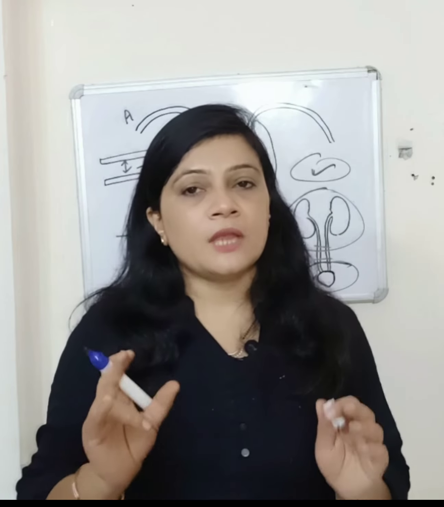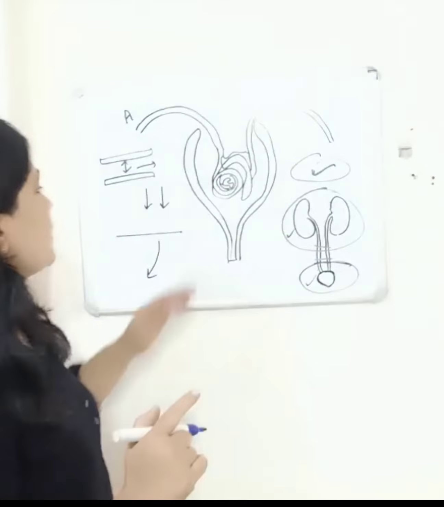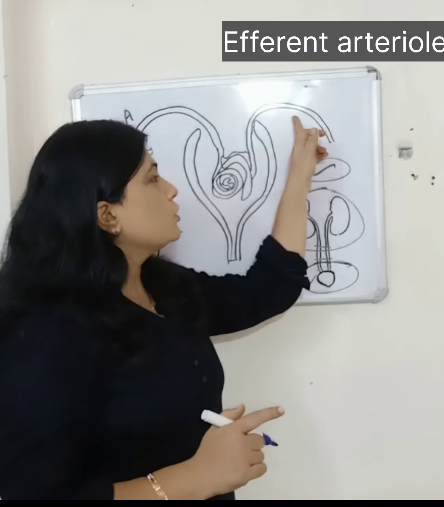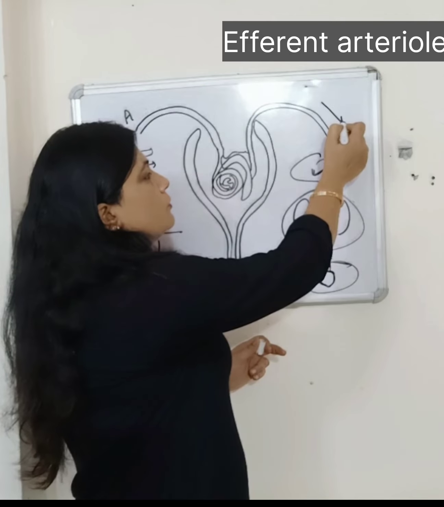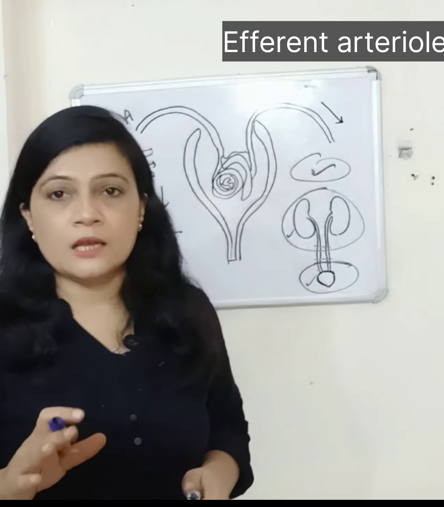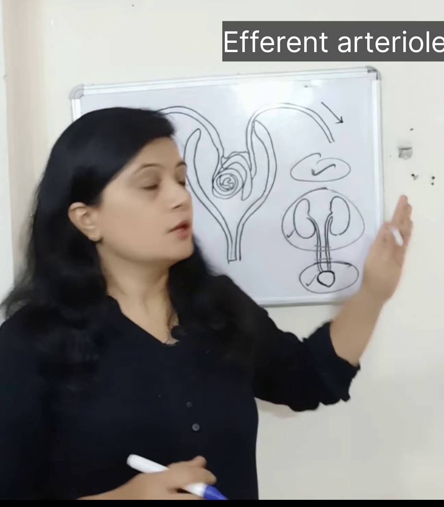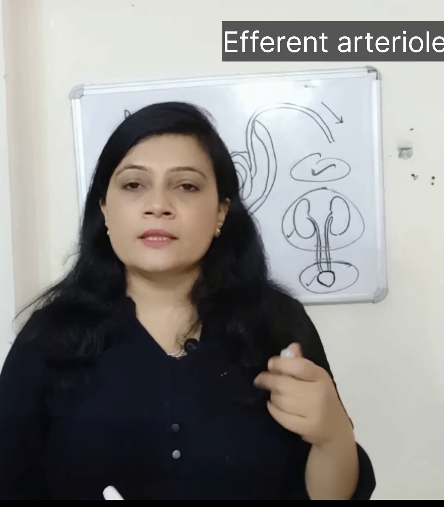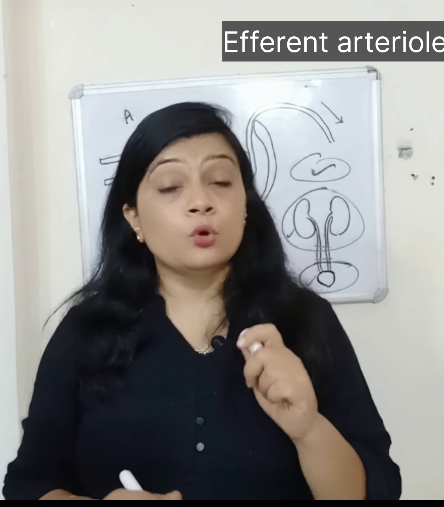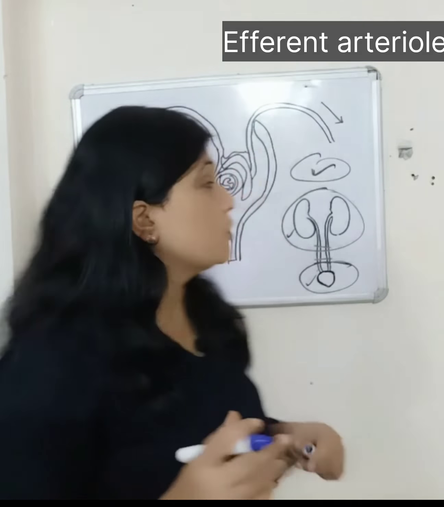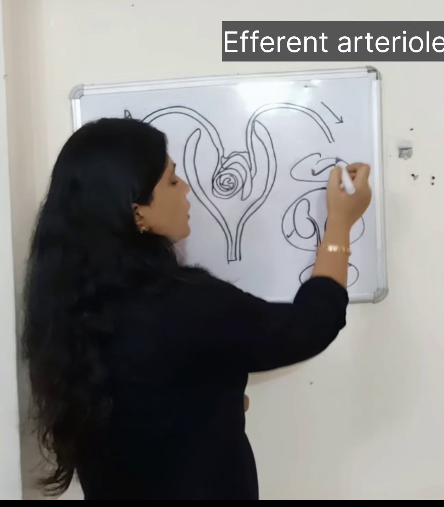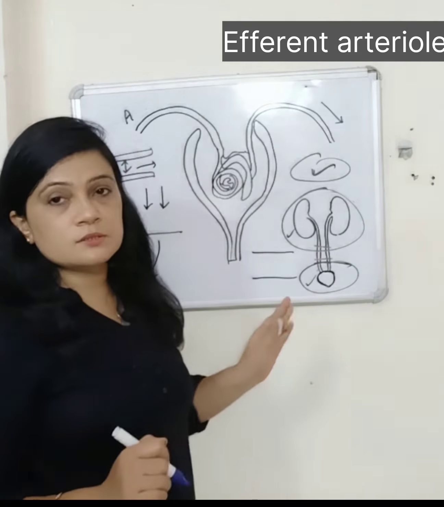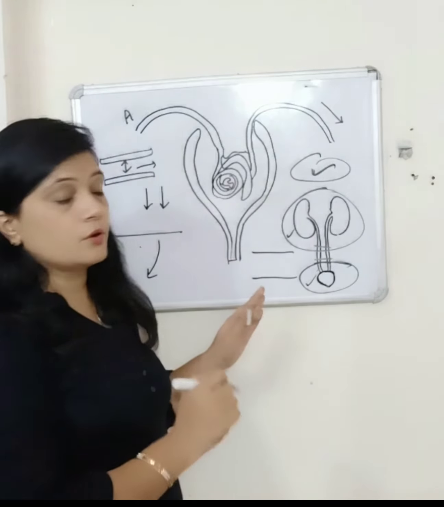Next is the diabetes. When the patient is having diabetes, this efferent arteriole is involved. Efferent arteriole is from where the filtrate is going to leave the kidney. In the efferent arteriole, the same thing happens as with the hypertension. This narrow lumen is going to happen, because why? Here, this is the renal artery, this is the efferent renal artery.